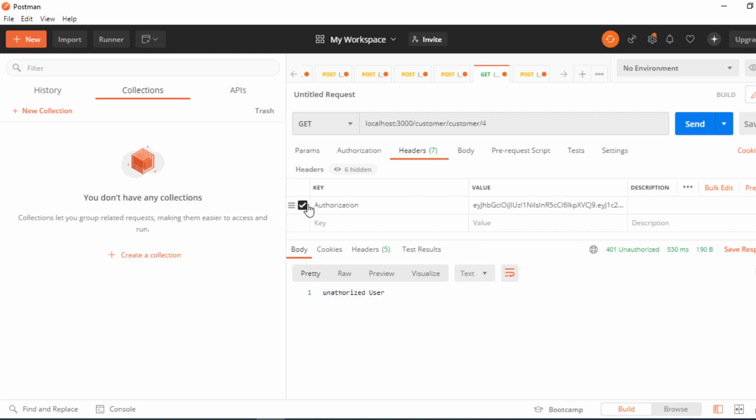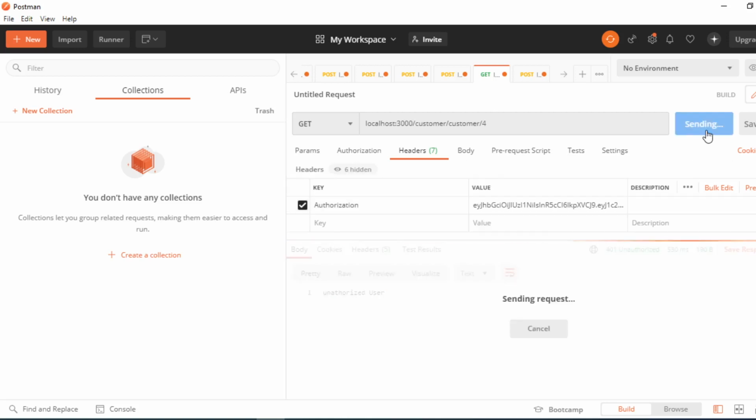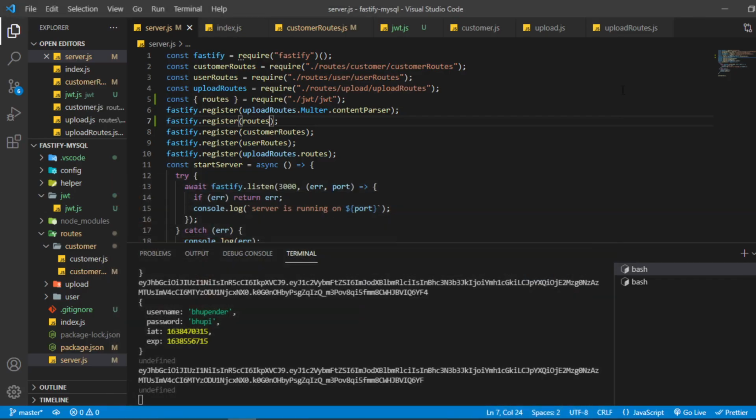And if I change something in the token, let's say I delete the 4, then what it gives us is forbidden. That means we are getting the token but the token is not correct, something is missing from the token. So that is why it is giving 403. Okay, I hope guys you are getting the functionality of this code. So guys, this is what I really wanted to show you.